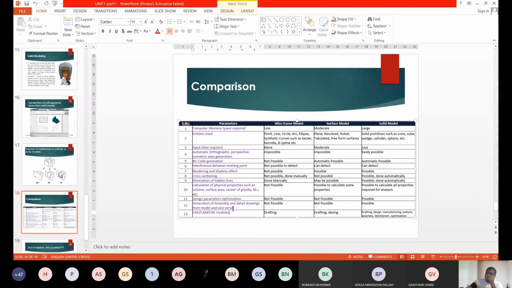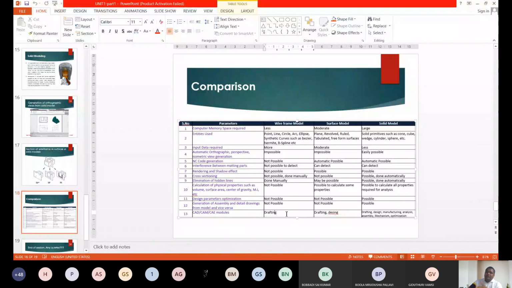For analysis purposes, definitely a 3D solid model is a must. Whereas some things like drafting, or very few modules, can be accommodated over a surface model,